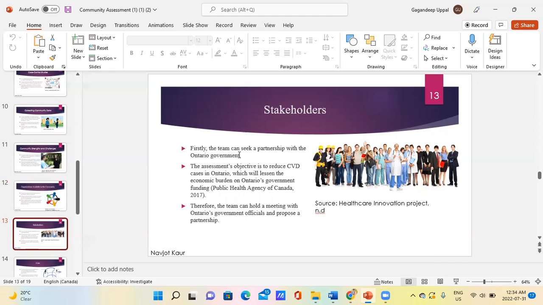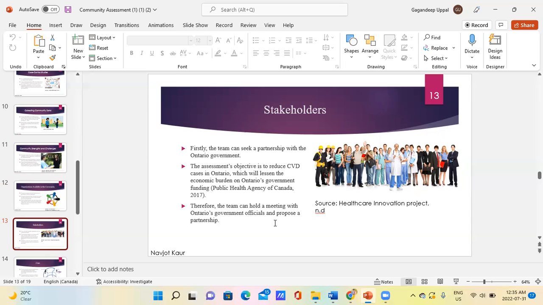The next part I am going to cover is stakeholders. As we all know, stakeholders play an important role in anything. Here the community stakeholders include house heads, parents, business owners, and community workers, and we all know that nothing can happen perfectly without stakeholders. So firstly, the team can seek a partnership with the Ontario government, then with the